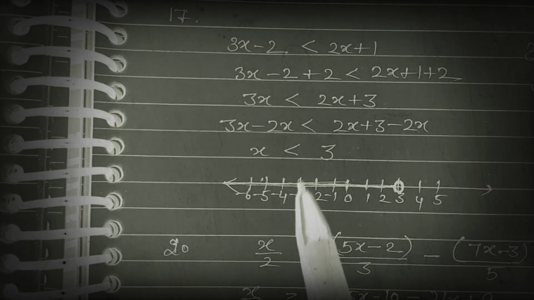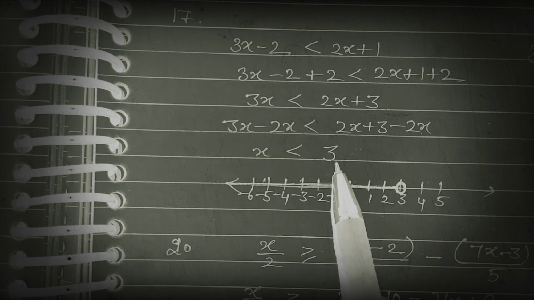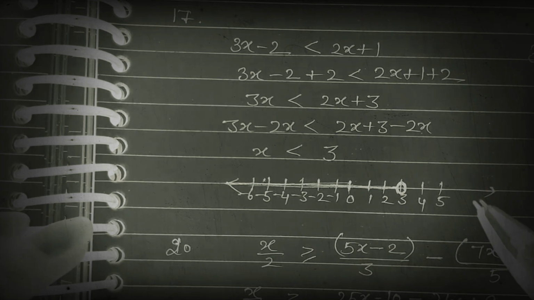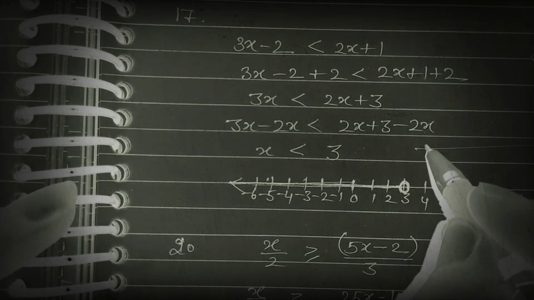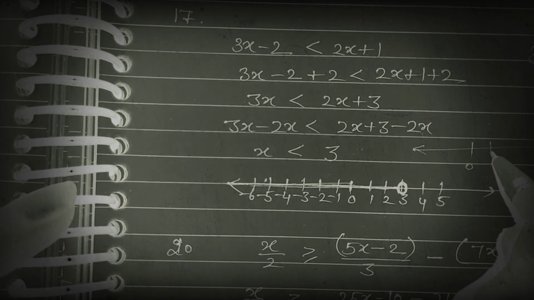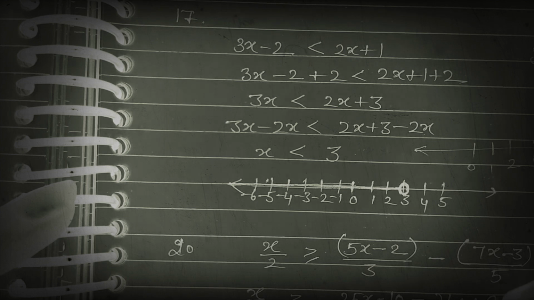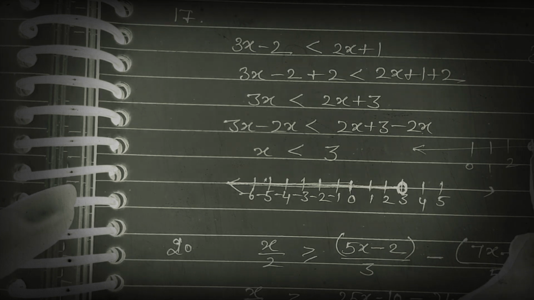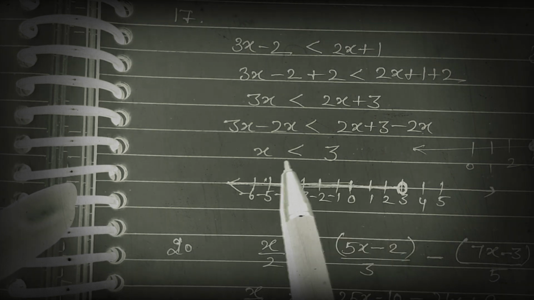So you can show it graphically. Here x is less than 3. That means x is not equal to 3. In earlier classes, if x is equal to 3, तो आप x is equal to 3 कैसे show करते थे? 1, 2, 3. सो 3 पर आप डार्क सर्कल बनाते थे. 3 पर क्या शो करते थे? डार्क सर्कल. So it shows x is equal to 3. But here x is less than 3.